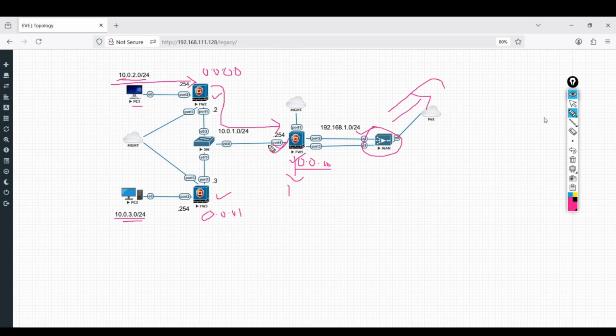Let's suppose this user initiated traffic, it goes this way out, and if it comes back, then firewall 1 does not know where the 10.0.2.0/24 subnet belongs. So for that, I will configure